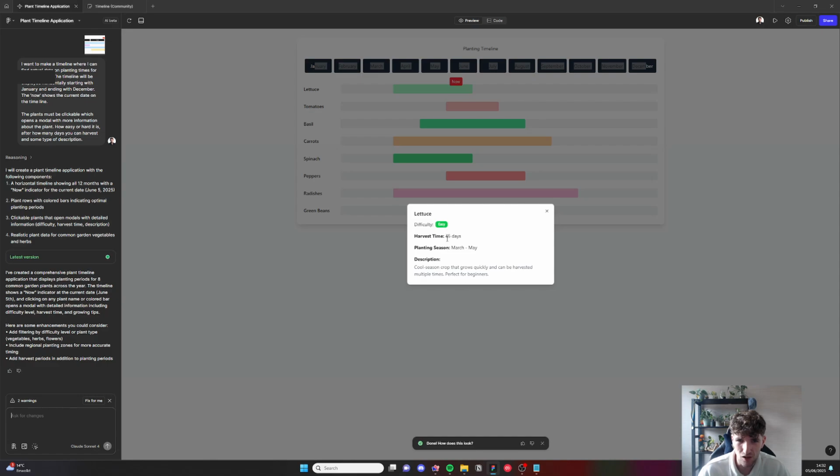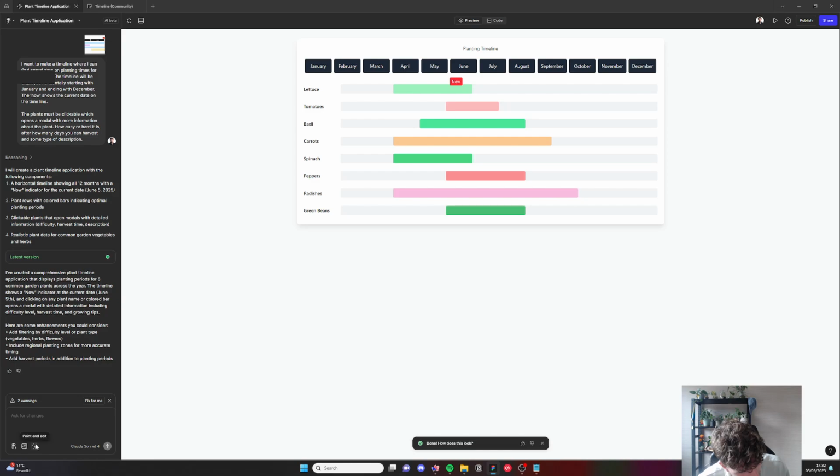So it's easy to plant. The harvest time will be 45 days. So when you plant it in May, you'll probably get it like mid-July. And it will have a little description, and you can just add on top of this. But what is really nice is this point and edit feature. So when you're going into some type of other code editor, it's really hard to pinpoint what you want to have changed. And in this version, it's quite unique because you can say, okay, this box of months,